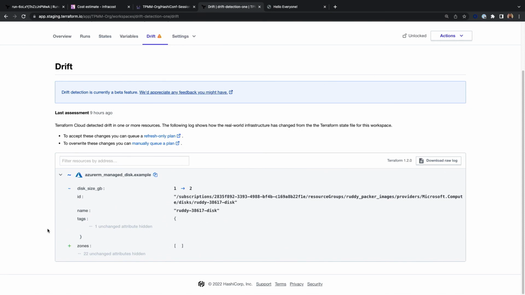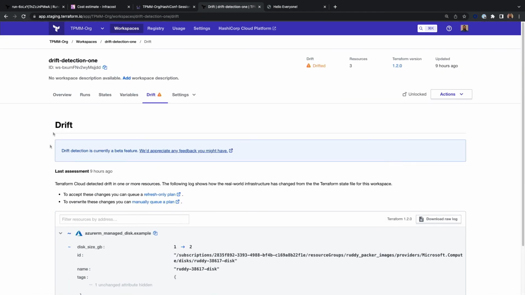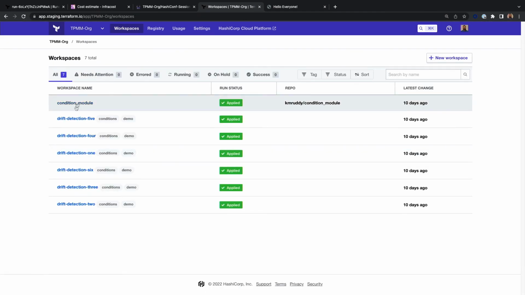Well then, run a refresh only apply, so then that'll upgrade your state file. Or if your infrastructure is in a bad state, you can tell it, go ahead, rerun your plan and apply and fix that. If we go over to a little more active workspace,